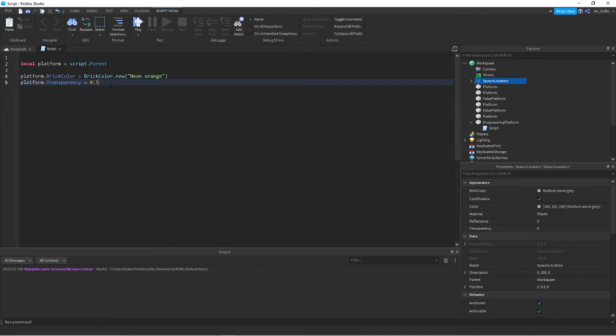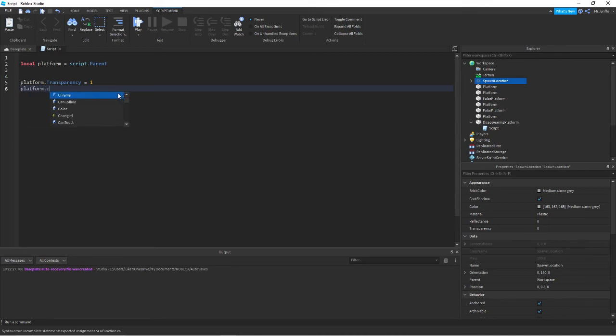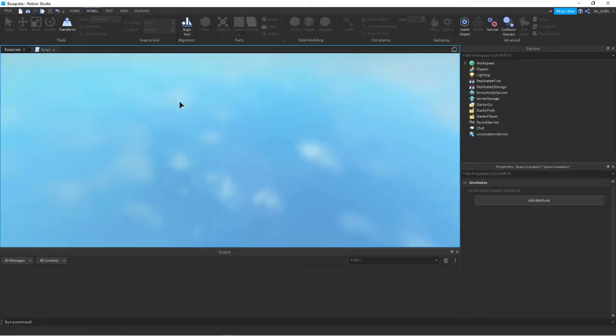But obviously this just does it once. We want to make it disappear and reappear. So we don't want to change the color and we do want to change the transparency actually. So let's get rid of that line and we're going to change this to 1. This will make it be completely invisible. And we already touched on it. We can change the CanCollide to false. So platform.CanCollide equals, and here we write the word false like that. And now if we press play,